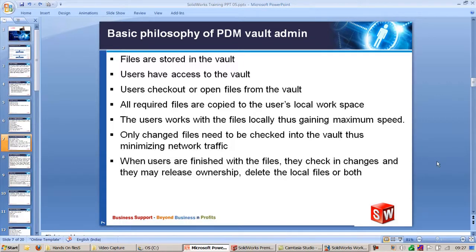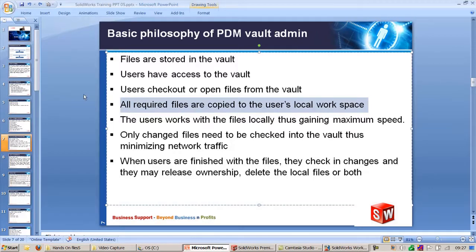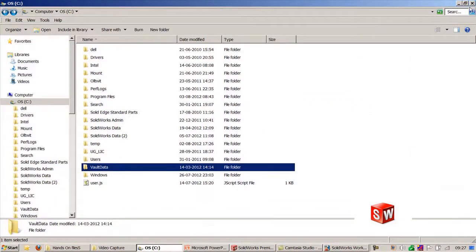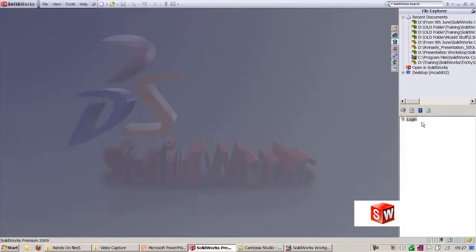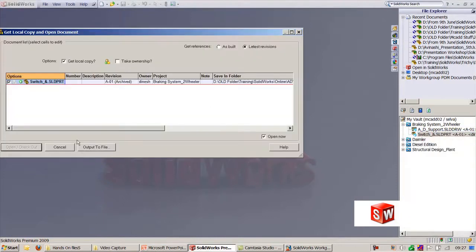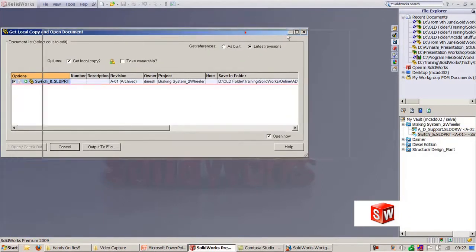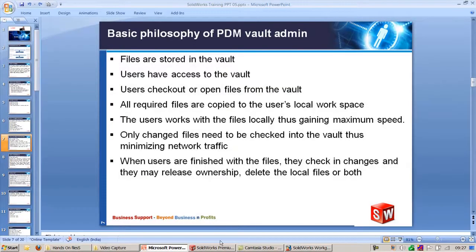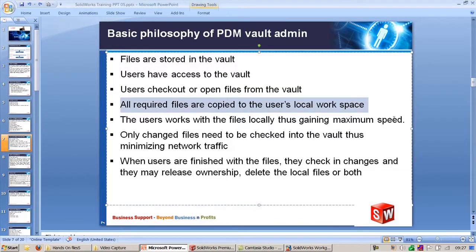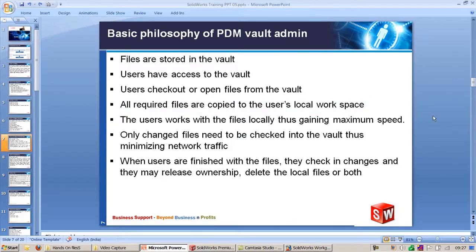Users have access to the vault. Users check out and open files from the vault. All required files are copied to the user's local workspace. If you look at this point, what we are trying to say here is, when you check out any drawing from the server, we have this application. I will go and log in here. This is how we will check out the document from the server. When you do this, you will have one more local copy created in your local machine. If you are checking out the document from the server, you will have a local workspace, a local copy in the workspace,